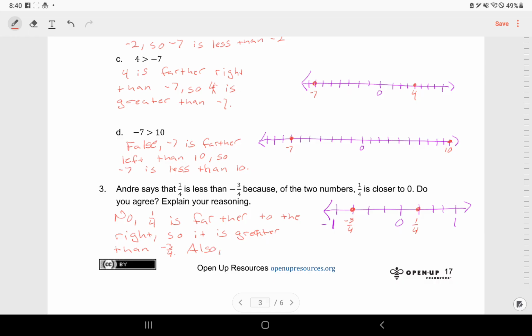Also, positive numbers are always greater than